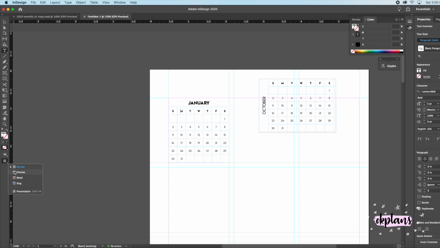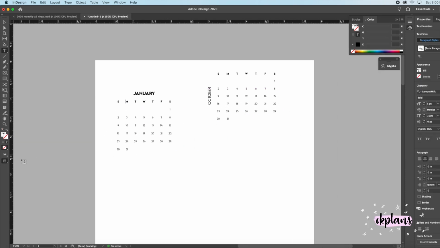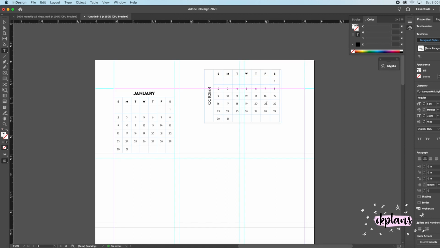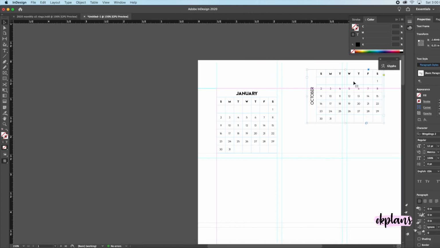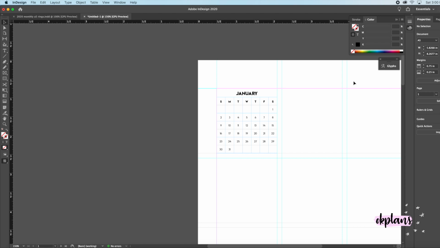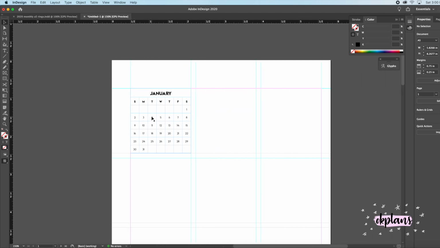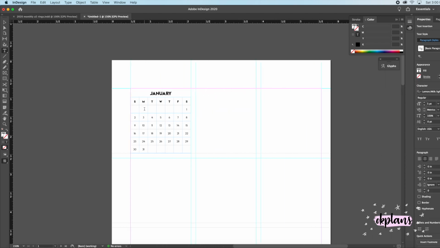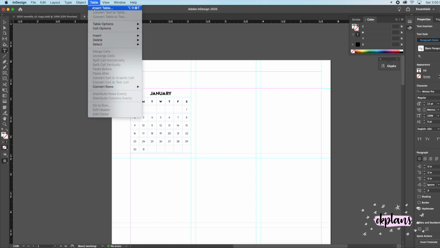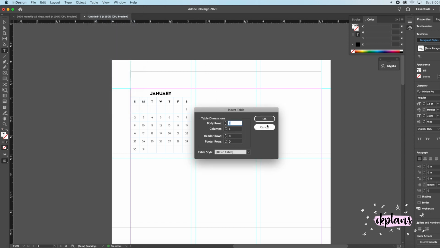So I'm going to show you how I did it for the 2021 calendar. But this is what I'm just testing out for everything. So I did end up just deleting the second calendar because I don't need that. And for this one, I had to type out all the numbers for the other months because obviously I don't have a backup for this. So here we're just creating it from scratch or from what we had originally,